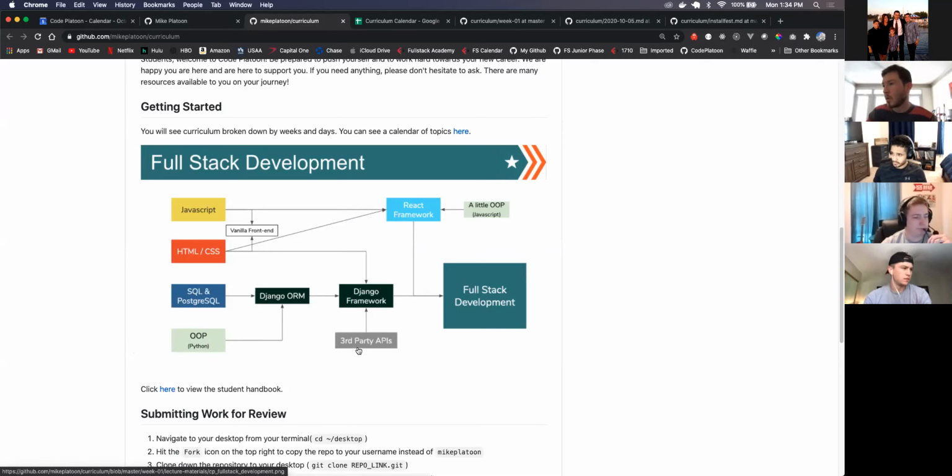Once we start utilizing the Django framework, we'll start plugging in third-party APIs. And throughout that, for the front end, we'll be using JavaScript, HTML, CSS by building vanilla front-end applications. So it's literally just raw JavaScript, HTML, CSS. And then once we do all that and do some of the Django framework and third-party APIs, we'll move on to the React